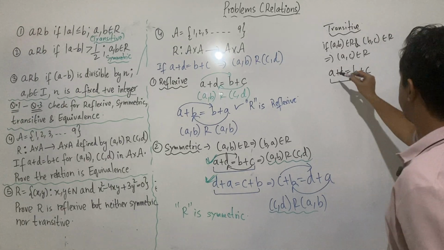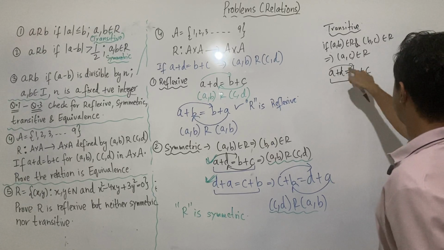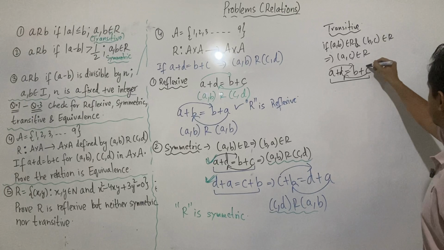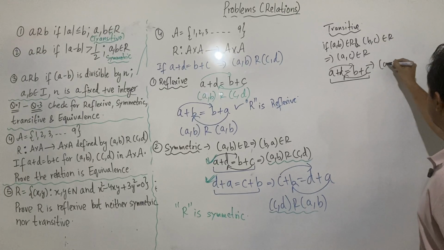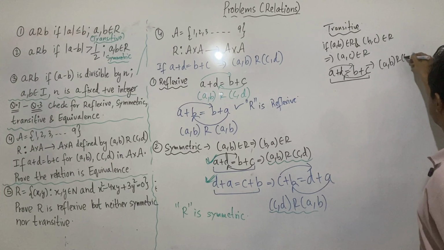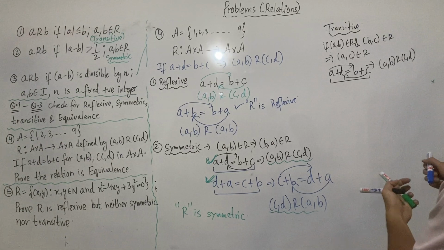So it says that if AB is in relation with CD, it says that AB is in relation with CD, right? And CD and